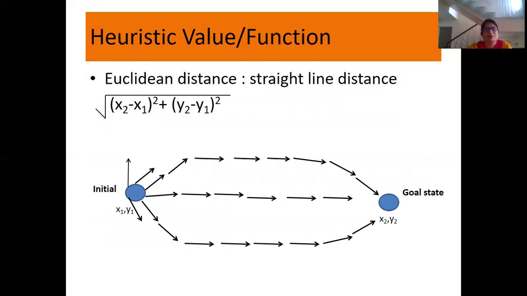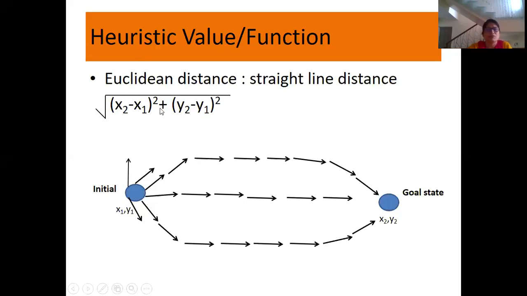Now let us talk about what these heuristic functions or heuristic values are. If you remember, we have already used one in the puzzle problem. Let us look at some more, and one of them is Euclidean distance. We have to reach the goal state from the initial state, both given, by traveling the minimum distance. Here we'll be using a heuristic function called Euclidean distance. What is Euclidean distance? It gives you the straight line distance.